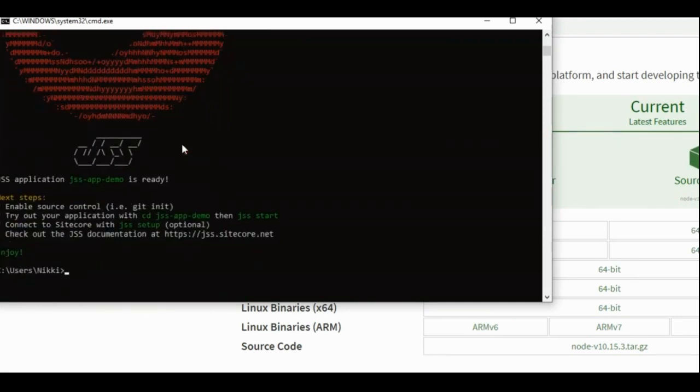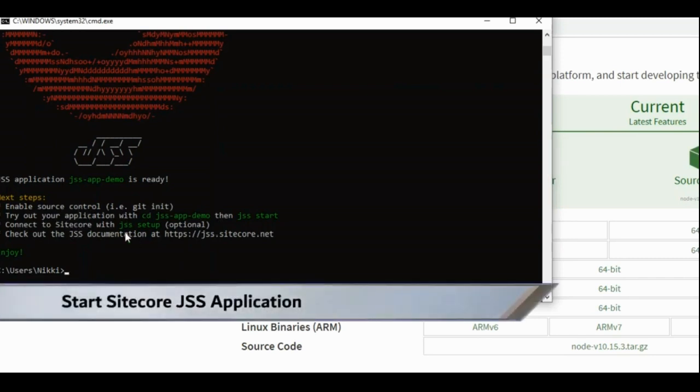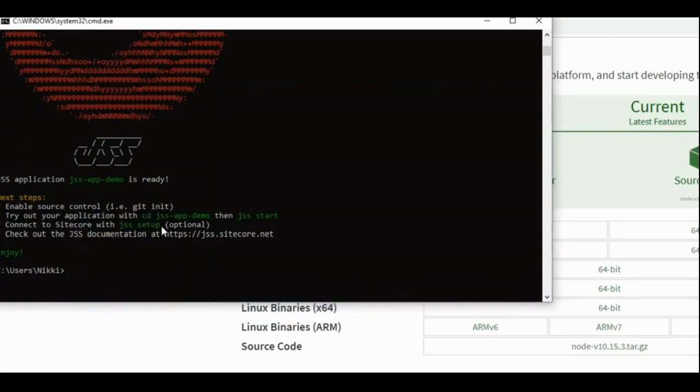See, it's simple. The JSS application is ready. The JSS app demo application is ready. So now I am going to change directly to that path and give jss start, starting the Sitecore JSS application.